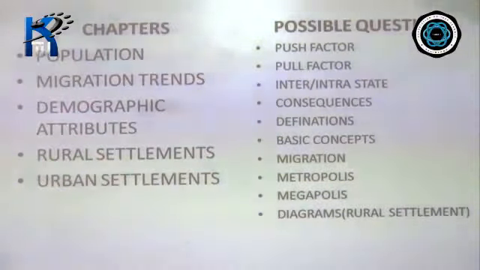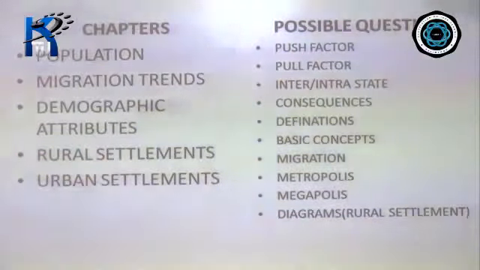Then you come to definitions. There are different ones, like natural growth, migratory growth, then demographic divide. Then you also have sex ratio and the reasons for low sex ratio in India. Why do you think India has always been referred to as a country with a young population? Then participation rate is there. So those different terms are there. Please go through this.